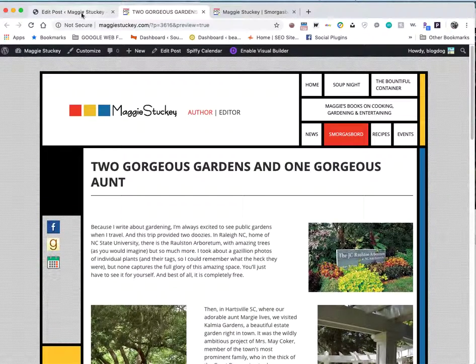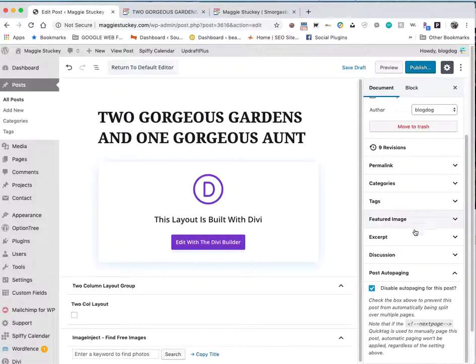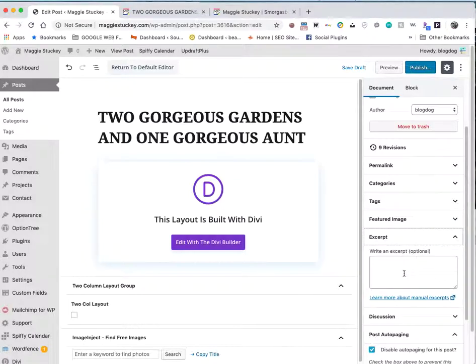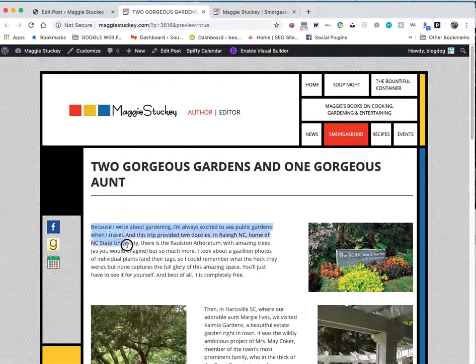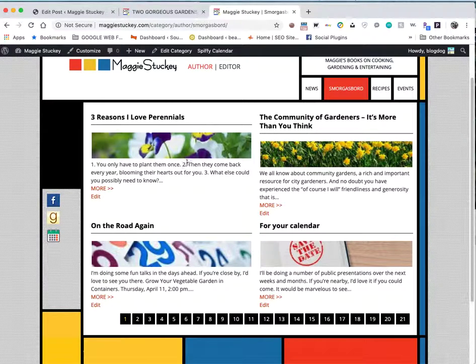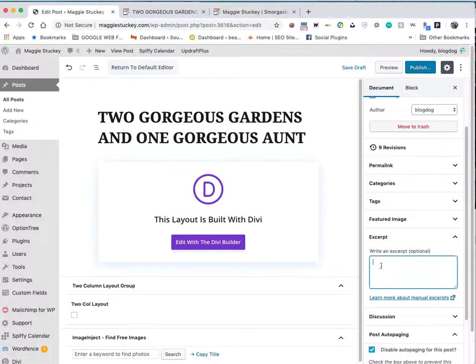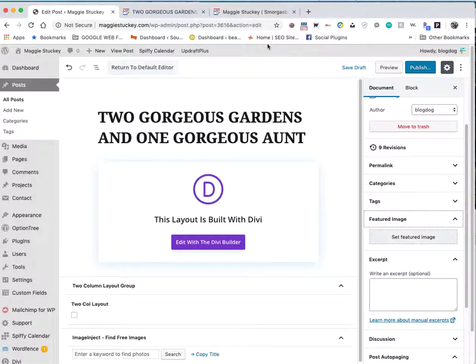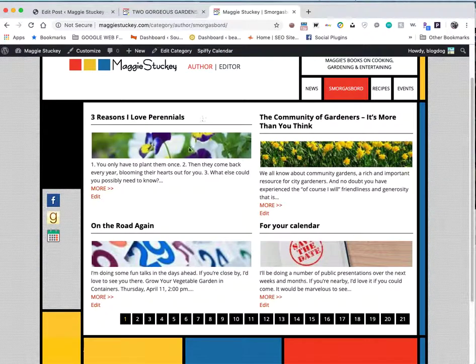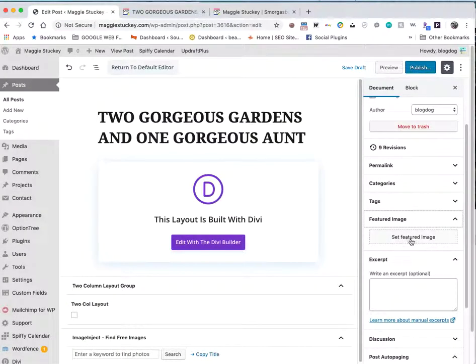So going back to the editor, the excerpt is only needed if the beginning words of your post, when they get cut off, aren't what you want to show up here. So it'll automatically pull from the top of the post. If you don't like what it pulls, then you go to the excerpt and put what you'd like it to say there. The featured image is a big deal because your post is going to look ridiculous, really, without a picture there. So I'm going to go back and add a featured image,